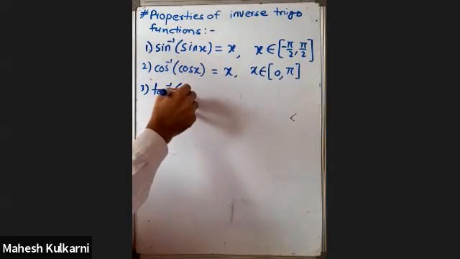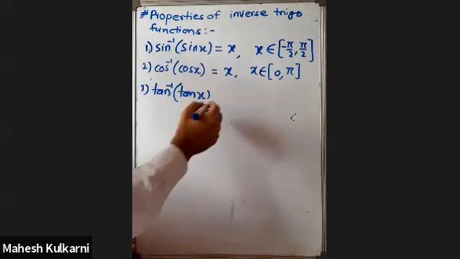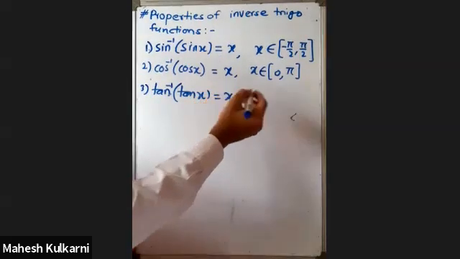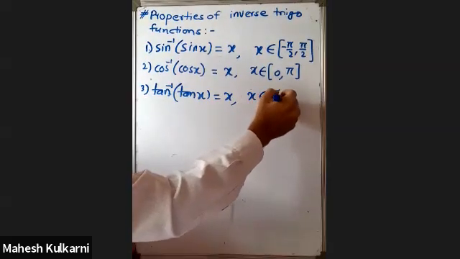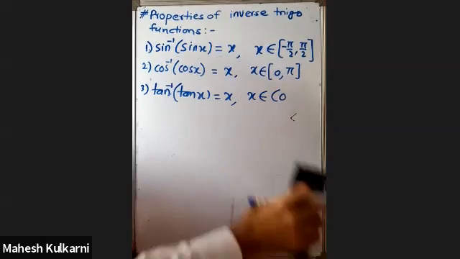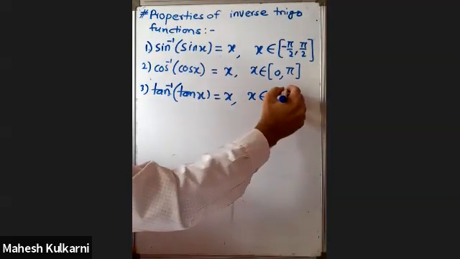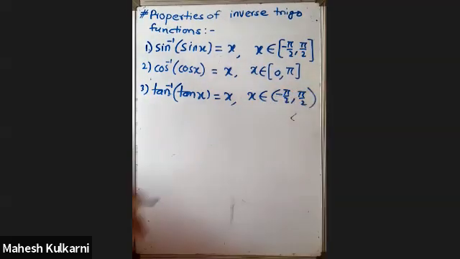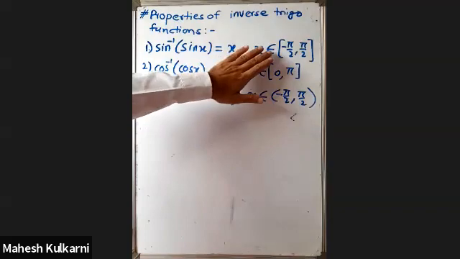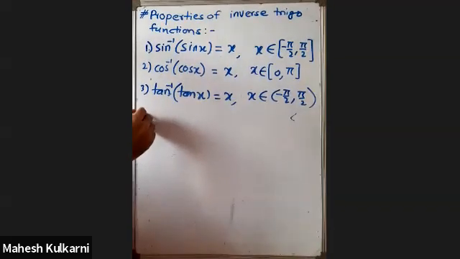tan inverse of tan x. So tan inverse of tan x is also x, provided that x belongs to the open interval minus pi by 2 to pi by 2. For sine inverse, it is a closed interval, and here it is an open interval. Already we have discussed this. Fourth one,